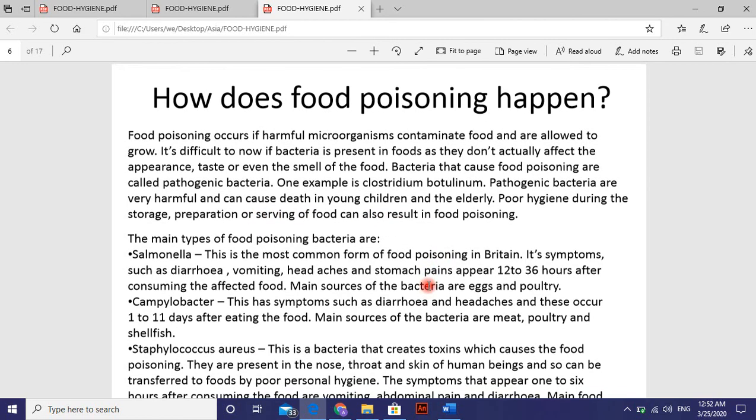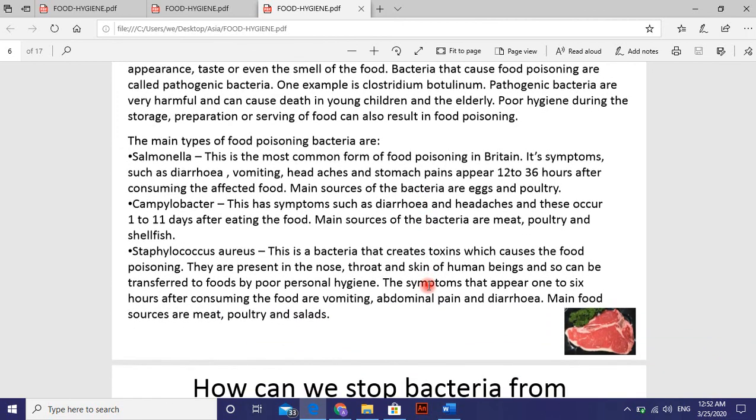The main types of food poisoning usually are salmonella, which gets